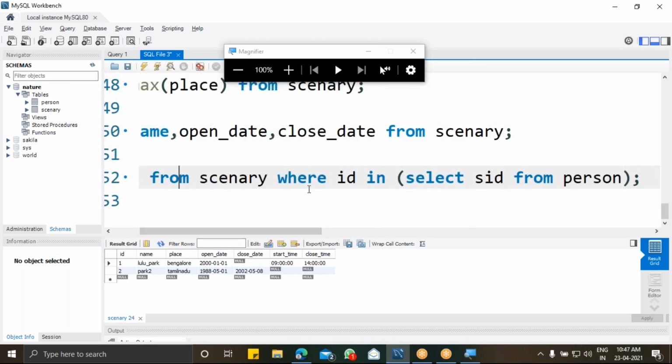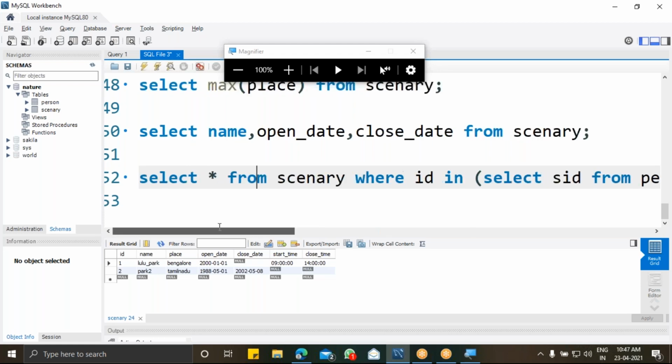So the way of adding another query inside another query is called subquery. Guys, do you understand this concept called subquery? Do you understand what is this subquery and how to use it?